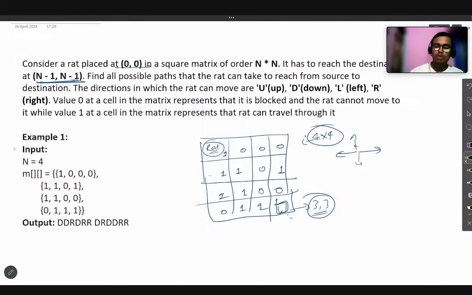The rat can move to the next cell only when the next cell's value is 1, okay? It cannot move in this direction because the next cell value is 0. It can only move in this direction, because the rat can see that when it moves in this direction, the next cell has value 1, okay? Okay, now you can see.